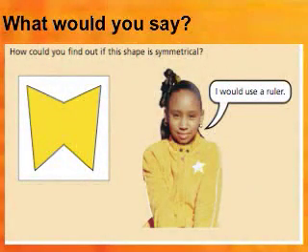So look, for example, at this particular one where you have that shape that's sort of butterflyish, and you ask the students how they would find out if that shape has symmetry. And most of us are expecting the kid to say something like folded or use a mirror. And this kid says, I'd use a ruler. So what are you going to say? Think a minute about what you might say, and think about what a teacher could do.